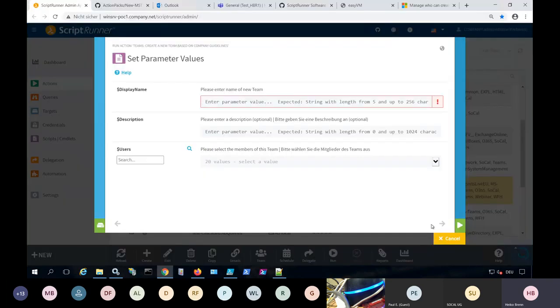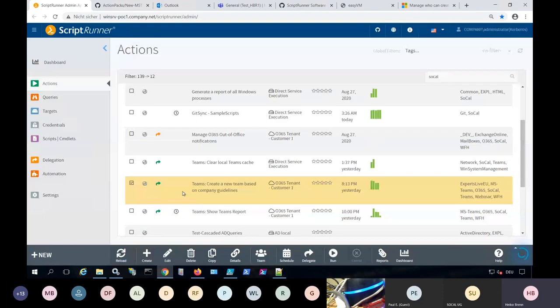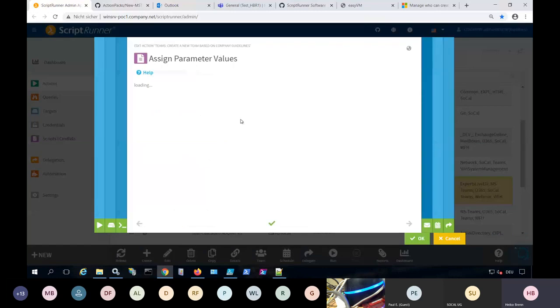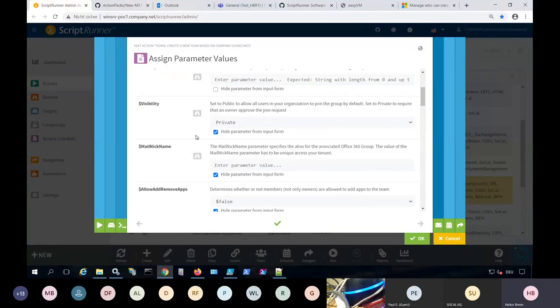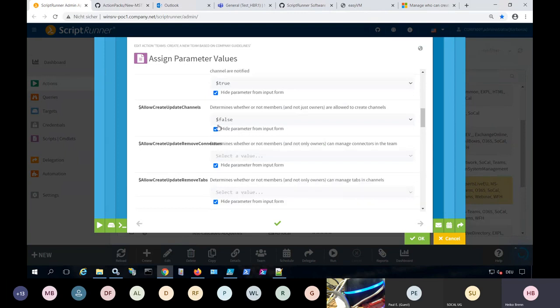Now, what's also important to know is, of course, we know that this Teams module and the command that creates new teams contain many more parameters. And so what I have done here is, instead of displaying all those parameters to this user, because we talk about standardization, I have pre-configured most of these parameters already, and then I said, okay, I'm hiding this parameter from the input form. Why? Because this is something,